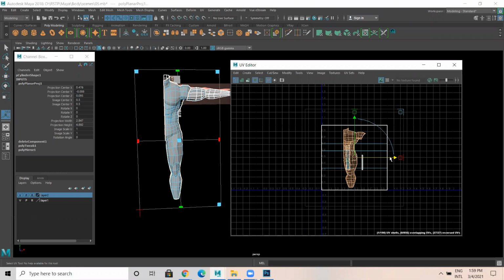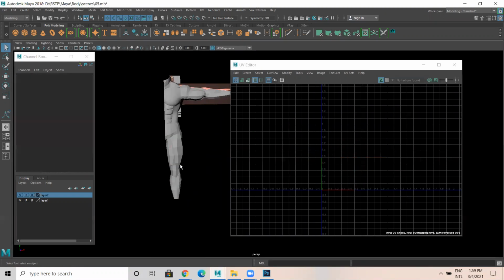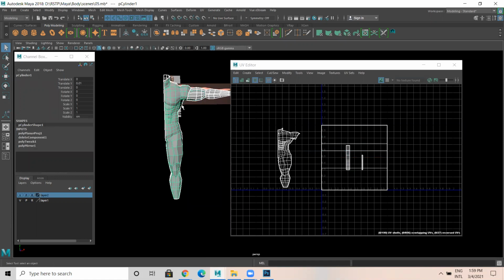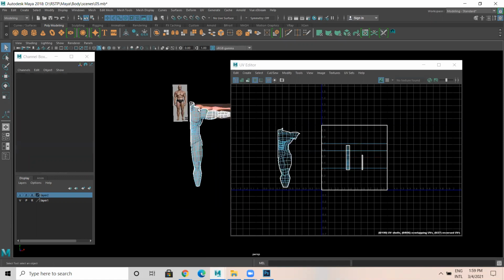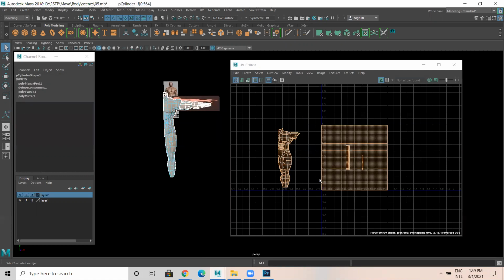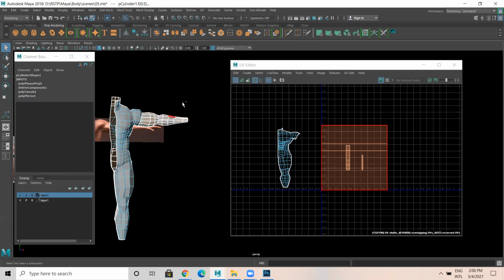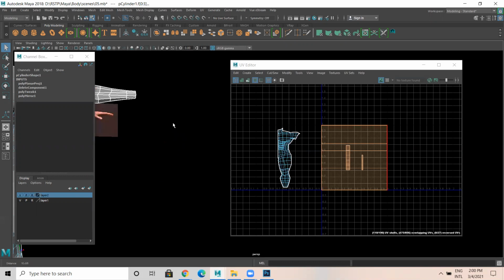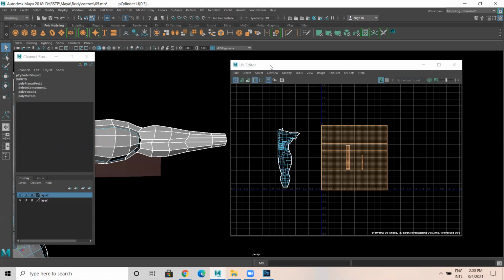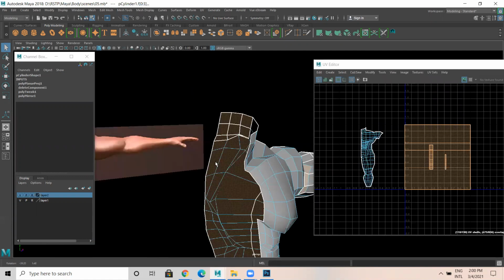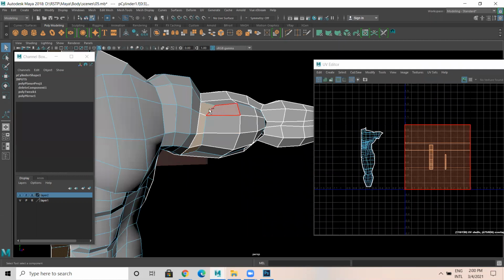For the time being, I'm going to place this outside. Then I'll select all this face like this. Then in my UV editor, right click, go to face mode. I'm going to deselect this. Then I need to deselect the hand part. That's it. See, simple. Only in the beginning part, the selection of the faces, you need to work on it. Then the rest is simple.